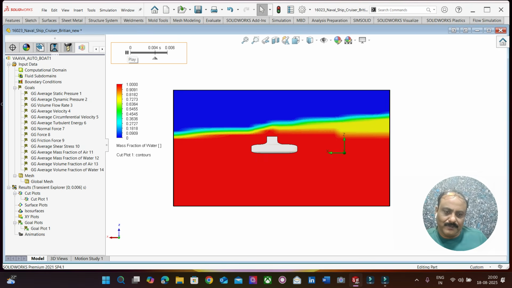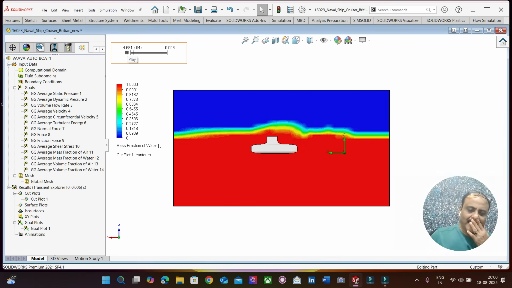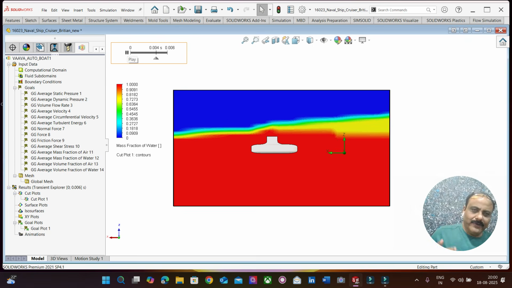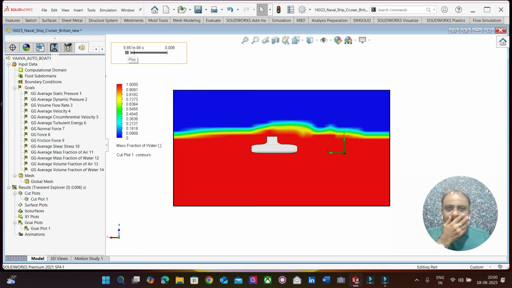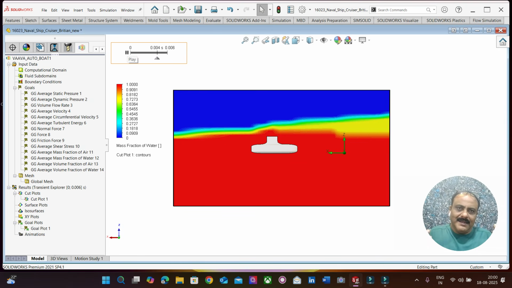So this is how it is going to be behaving. It's all a matter of visualizing the velocity, the air. Just try to see, like when you drive a car, when you are penetrating forward, there is a thick blanket of air, a tuft of air that is coming towards your windshield, and then it is going to cover the car, and then a part of it is going to strike the windshield, and it's going to sweep the hood and then go back, and a part of it is going to get